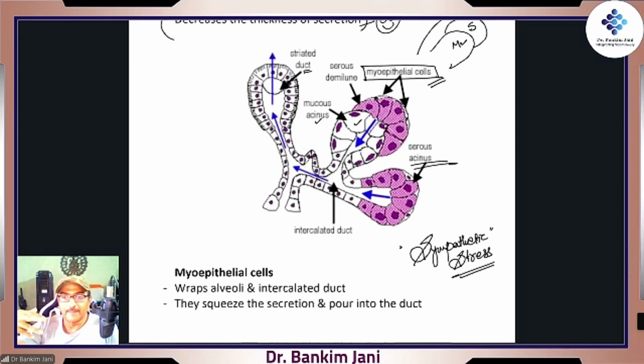Constantly secreting. I mean, it's a bit weird, but what comes out is all mucinous. If you rub your hand or palm, the dirt that comes out, that is all mucinous. But when a person is sweating, when a person is afraid, it is because of compression. Those myoepithelial cells, myo meaning muscles, squeeze the serous fluid, and then that becomes sweat. It is more watery.